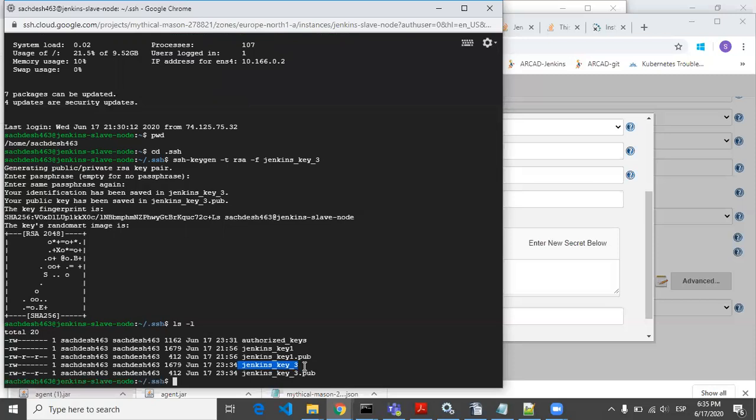What you have to do is copy this public key into the authorized keys. Authorized keys is something like Google provides some authorization for that key. If you see the authorized keys already, you can see it is already available there, because I have copied the previous key.